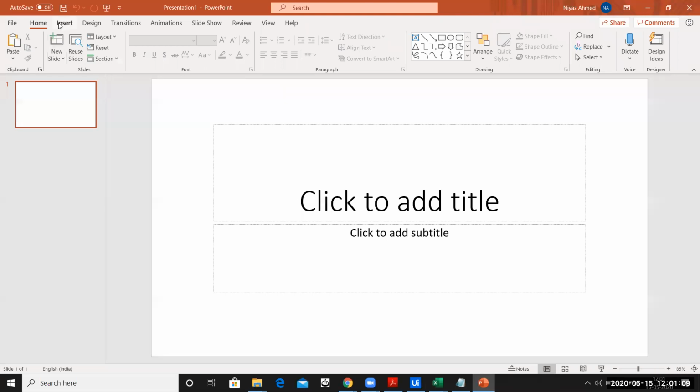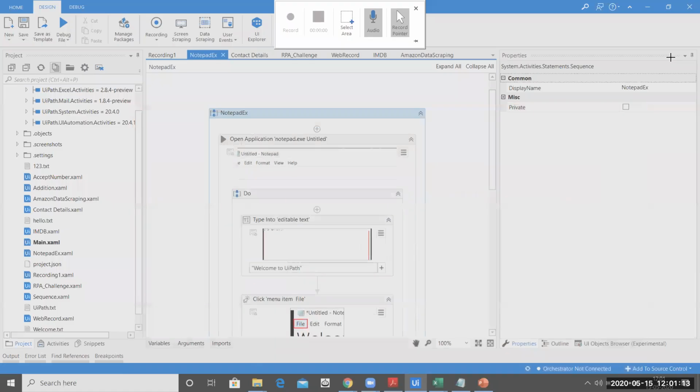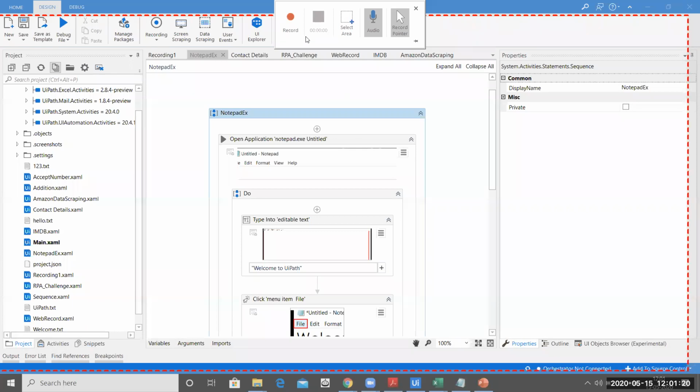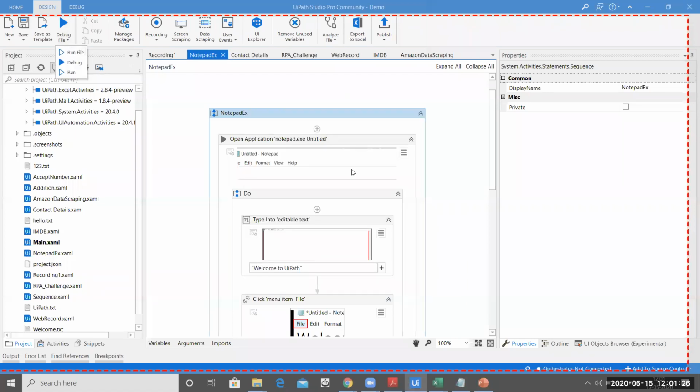You have to click on Insert, and there you choose Screen Recording. All you have to do is screen record from here. Let's say, for example, I select this region over here, this much I want to record, and I say record. You can see the recording is starting over here. Let me run this file, ideally.